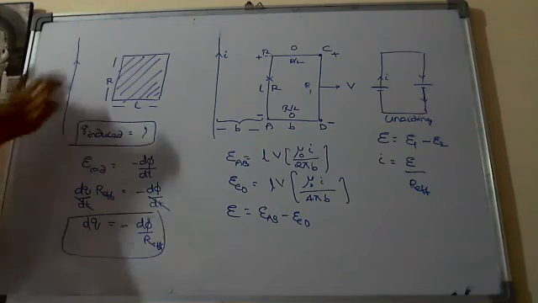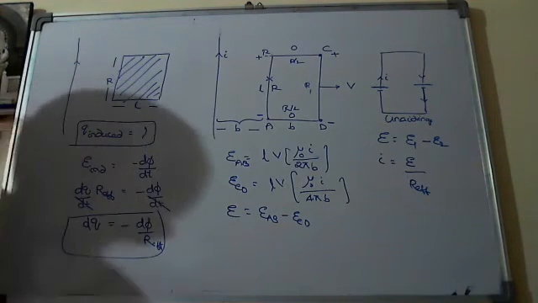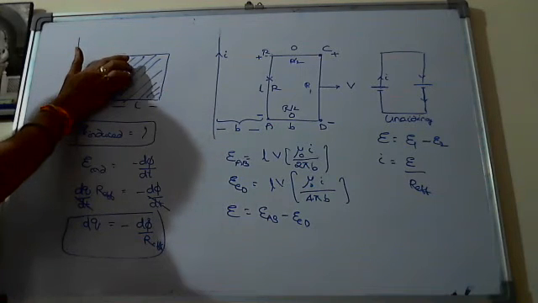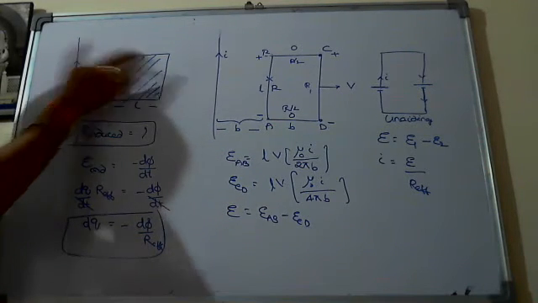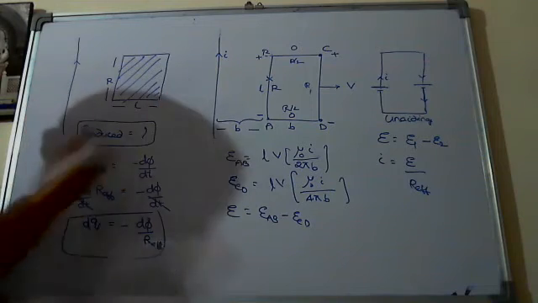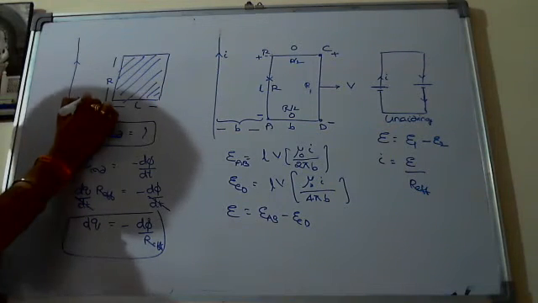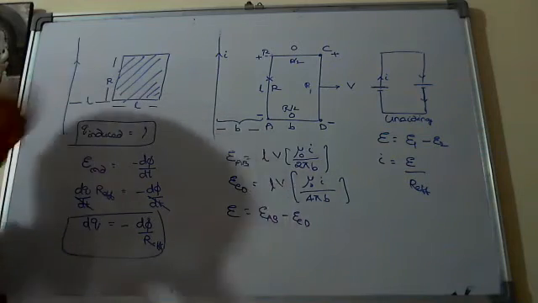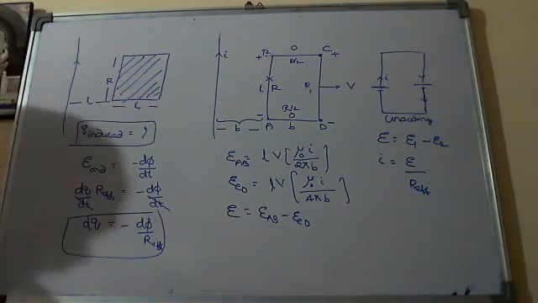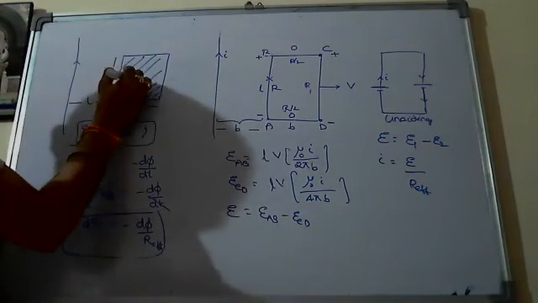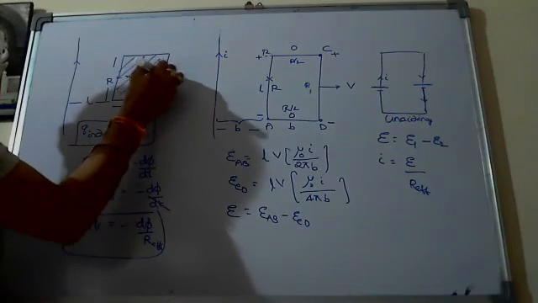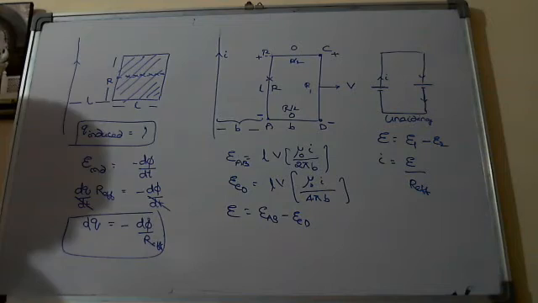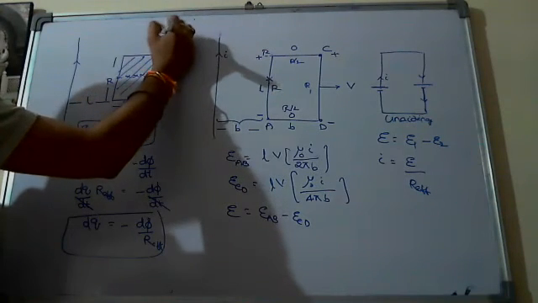Here the major problem is that the magnetic field we are not creating. The wire is creating it. The magnetic field at different points will be different. Why? Because the distance will change. Again, I am considering the nearest side is at a distance of L, and the farther side is at a distance of 2L. From point to point the magnetic field B changes. If B changes, then phi changes.